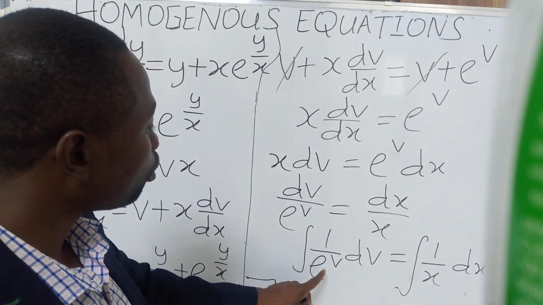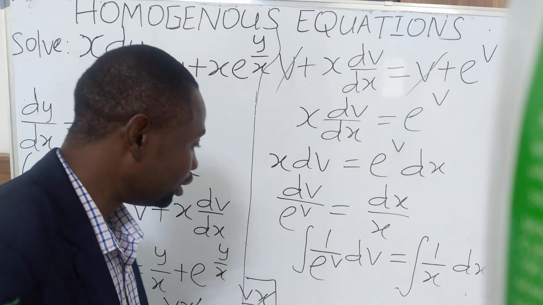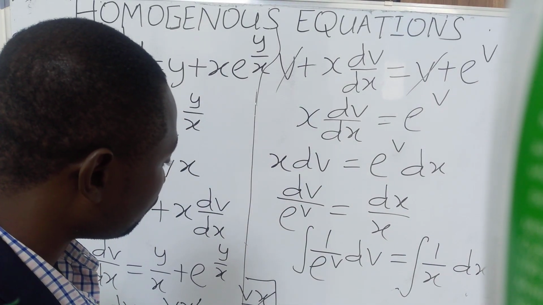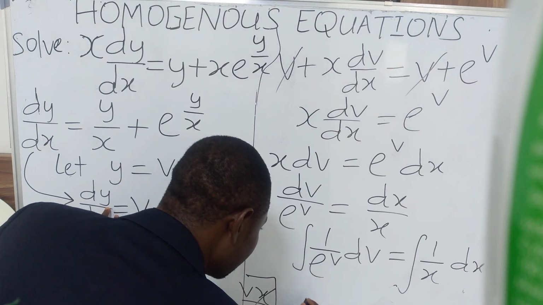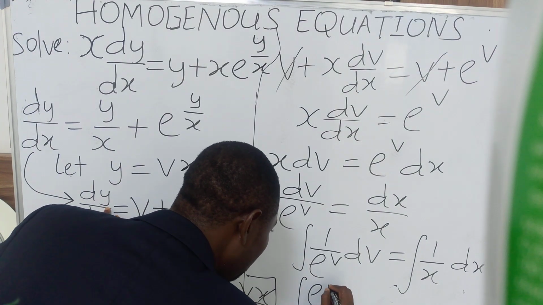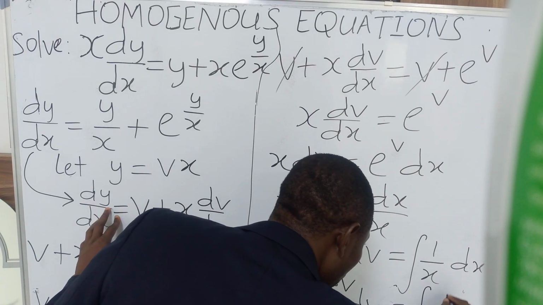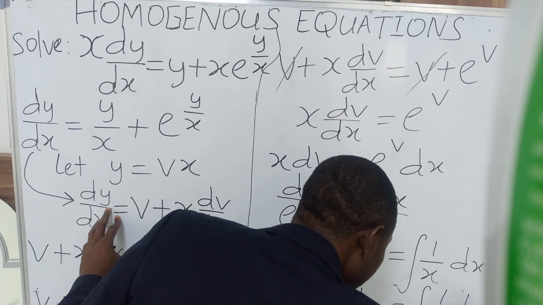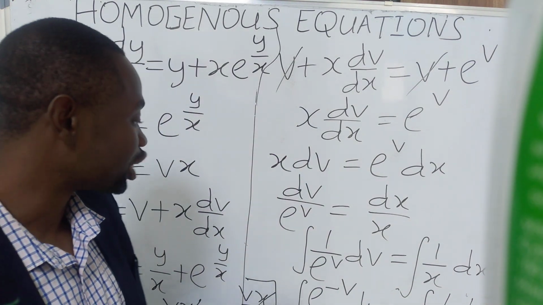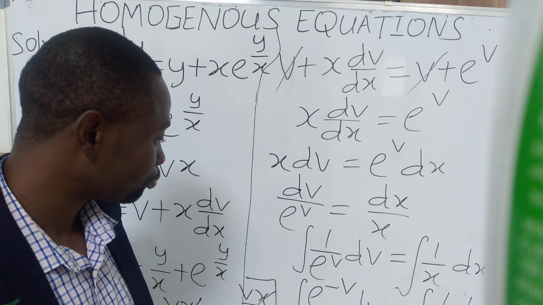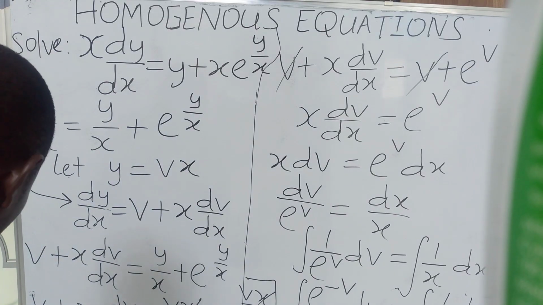So this is integration of exponential to the power minus v dv is equal to integration of 1 over x dx. Remember that if you integrate exponentials, what you're going to get back is still exponentials. But because of this minus, we are going to have